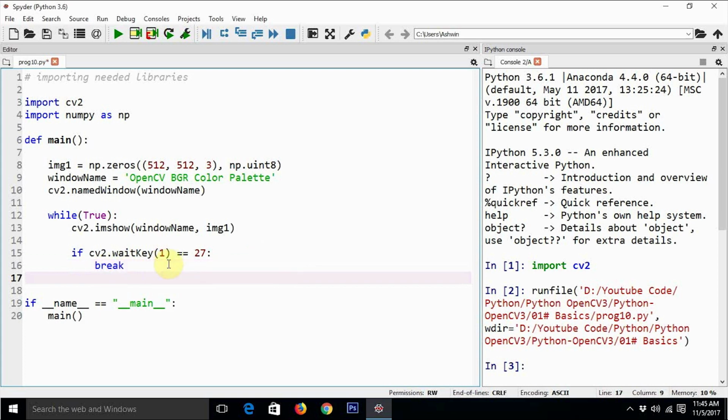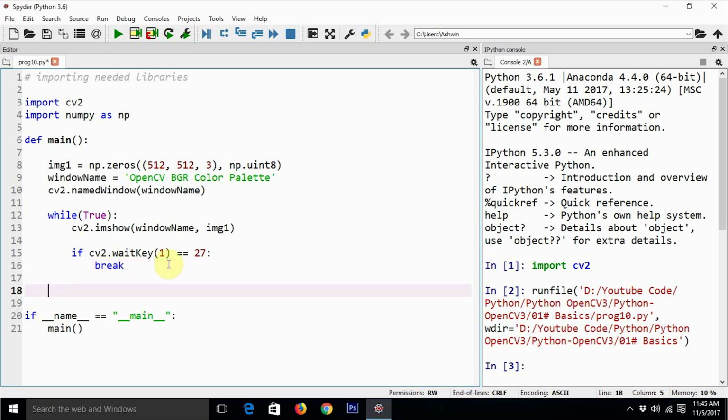Okay, and I have forgotten the destroy windows function. So cv2.destroyAllWindows. This function call is going to destroy all the windows. So that's it. This is a very simple program which is going to continuously display an image till we hit the escape key on the keyboard.